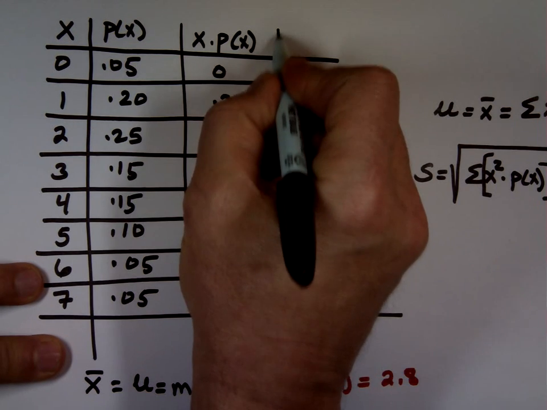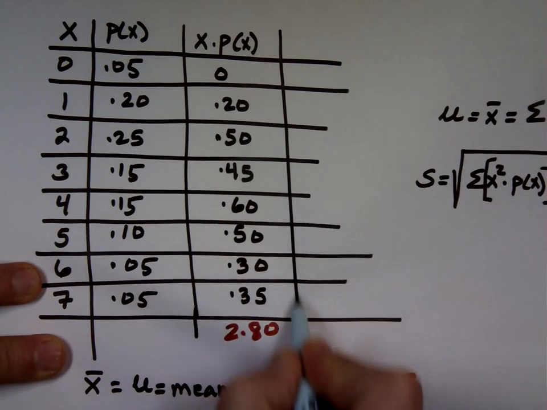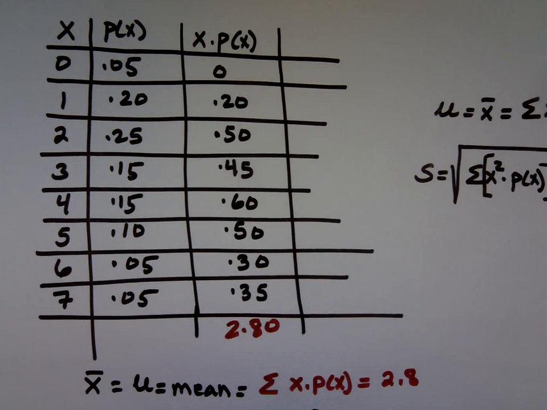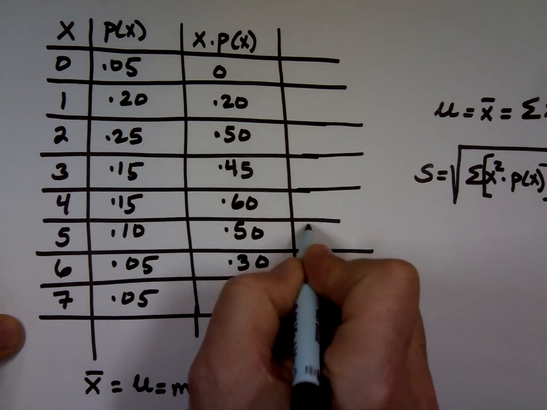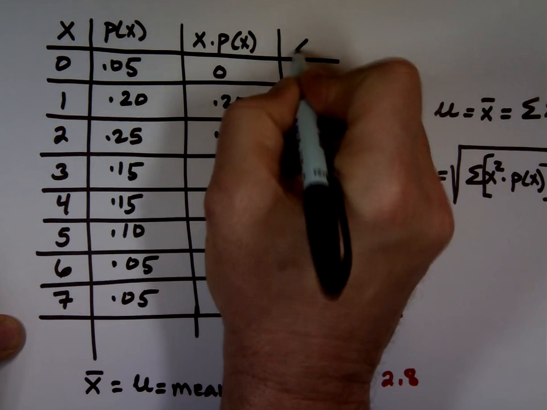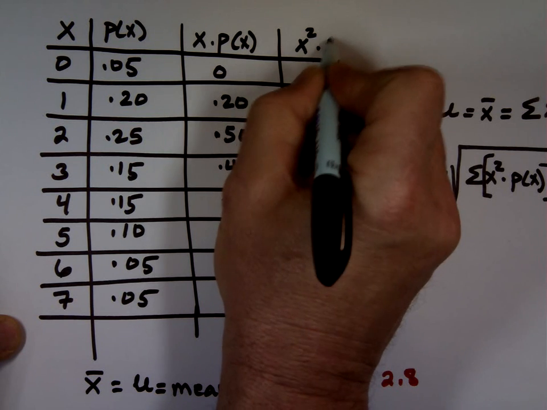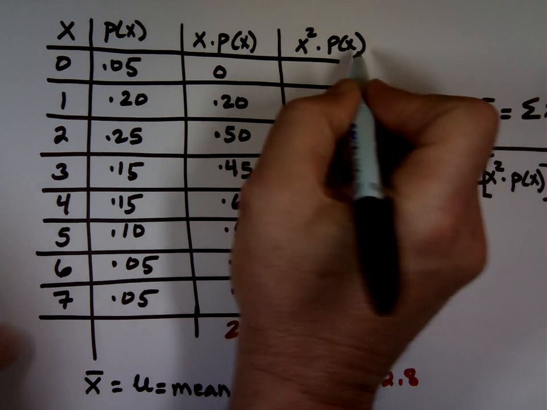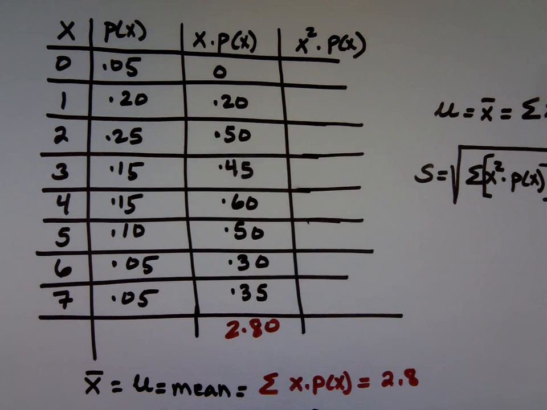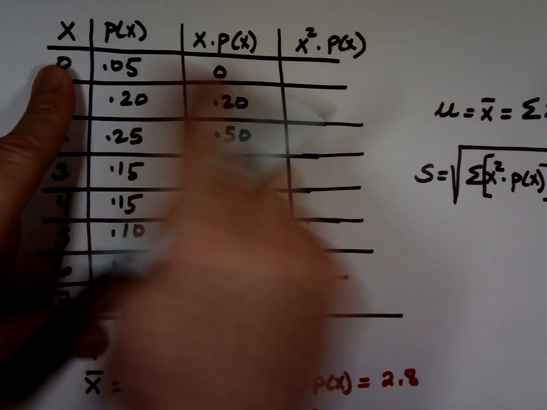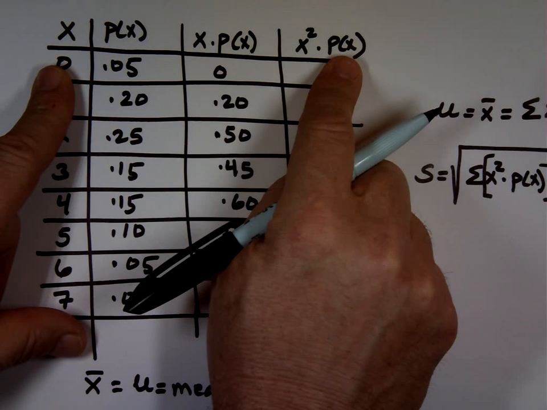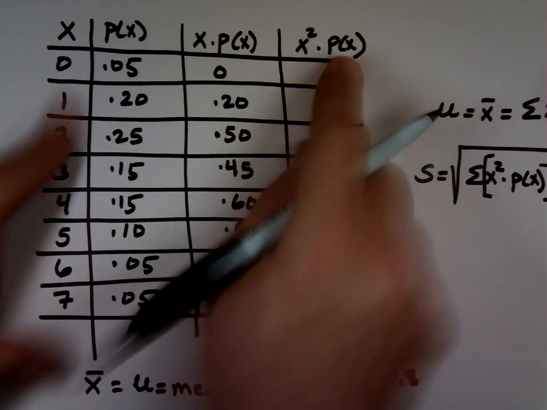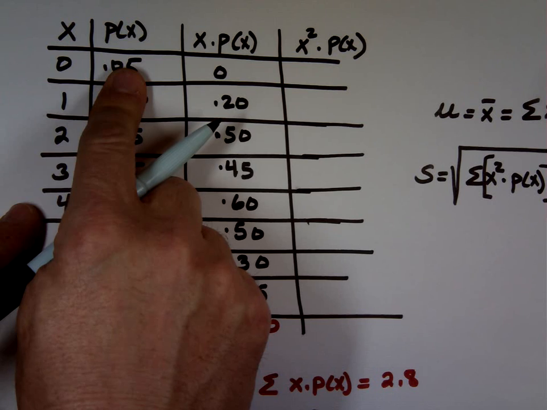How do we get the standard deviation? Well, I need another column now for the standard deviation. That column is going to be x squared times P of x. Now, I know you're all smart in math. So what will happen if we multiply these two columns? What is x times x P of x? Doesn't that give you that column? You can also square these and multiply them by that. But since you have these two,